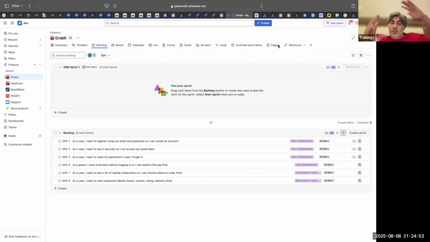There could be a configuration which I am using. Epic is broken down into stories. Stories are broken down into subtasks. Epics are your features. There could be another configuration where they have initiative. Initiative is a